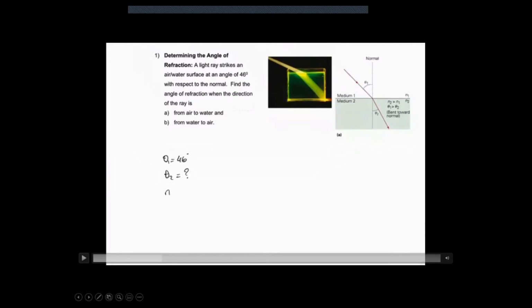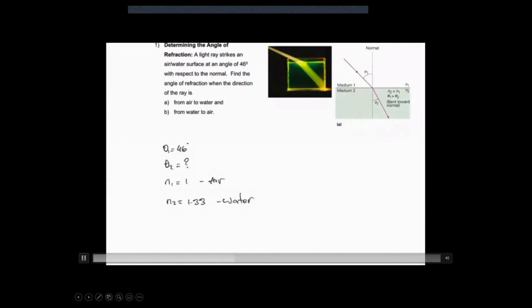So what do we have? We get a light ray coming at a 40 or 60 degree angle with respect to the normal. So that's the angle of incidence that we got. So this is that angle. It says find the angle of refraction relative to the normal. That's what we're looking at. From air to water. So n1 is going to be air. n2 is going to be water, so it's going to be 1.33. Okay, so that's water. And then this time we're going to change the scenario. This time, in part B, the light is going to be coming out of water into air. So that's what it is.